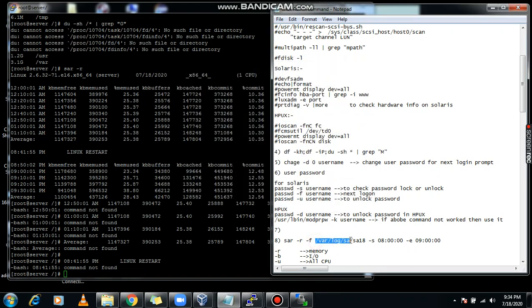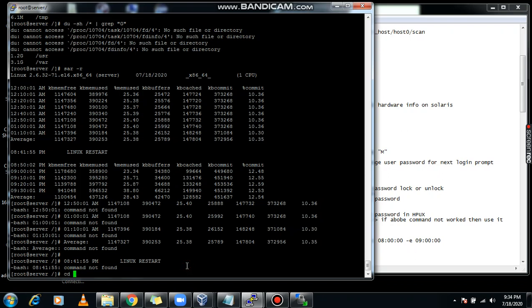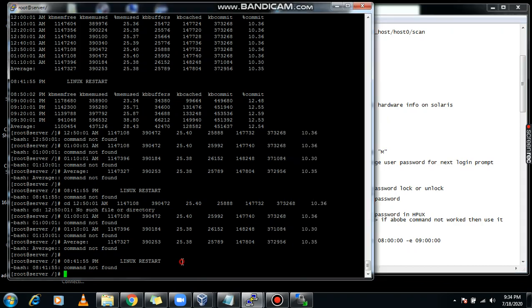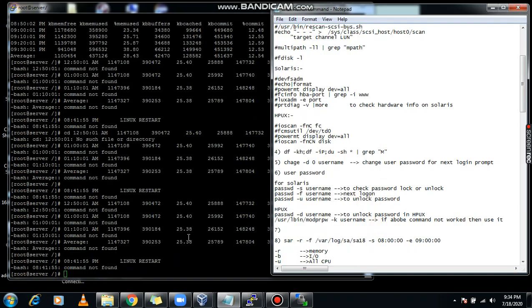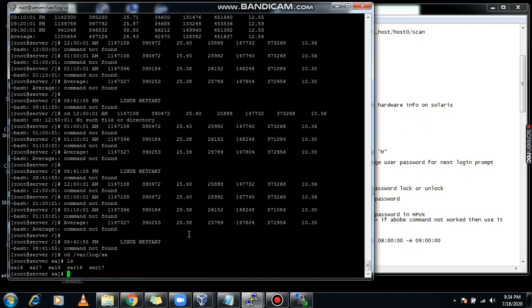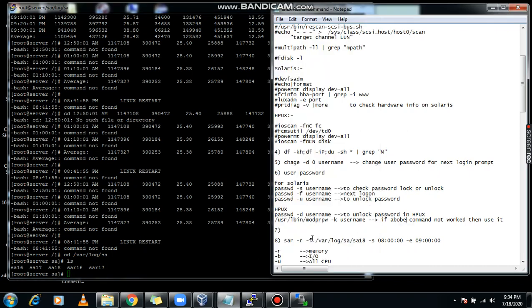If you go to this path, you will see files sa16, 17, 18, and the sar files are generated for the same dates.